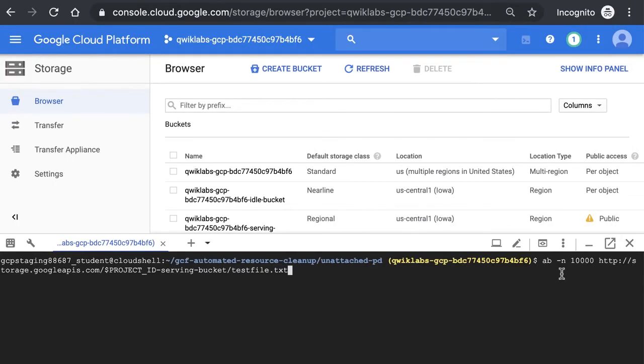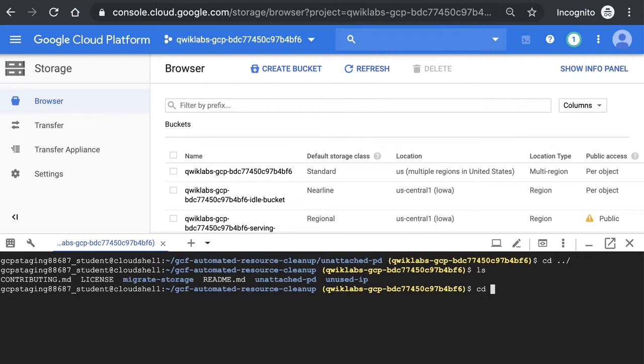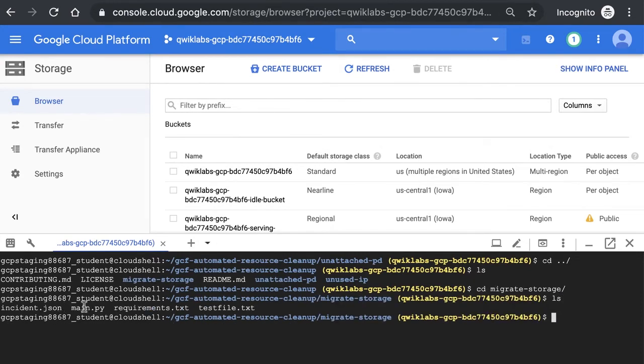So hopefully this will work. Let's see. I don't want to be in the unattached persistent disk. I actually want to be in migrate storage. Let's see, ls into the migrate storage. This is where the Python code that actually handles the storage actually lives, which is cool. So let's see if we can't just generate the